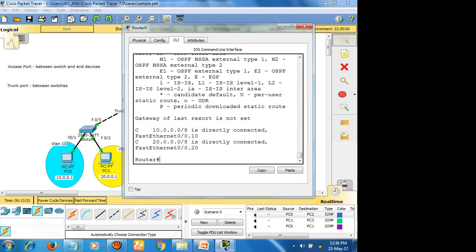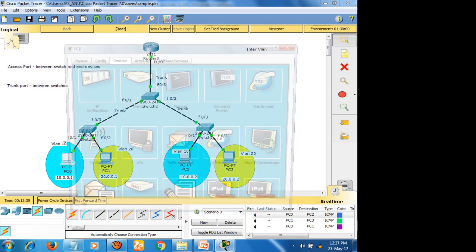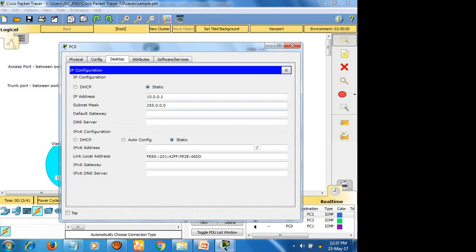Now it is ready, and we can check it. Before that, I need to give the default gateway.